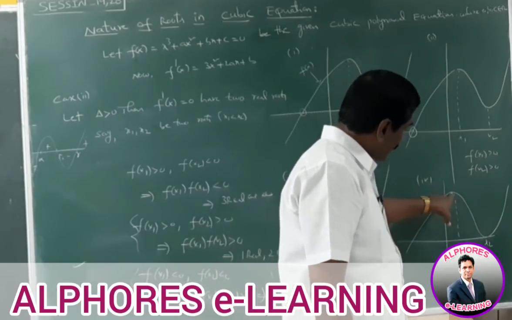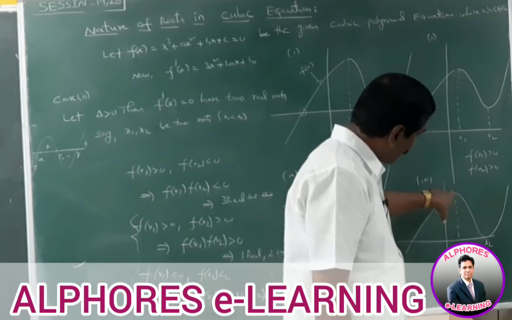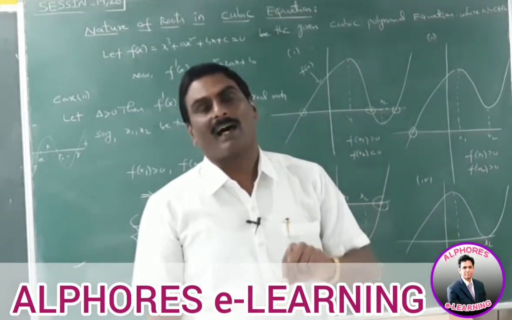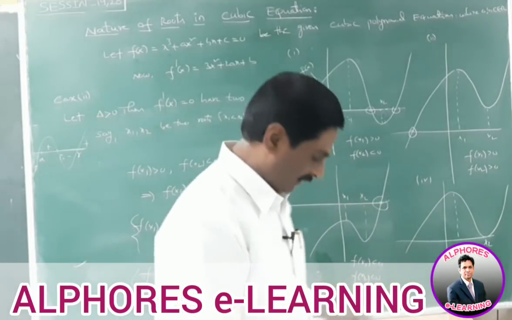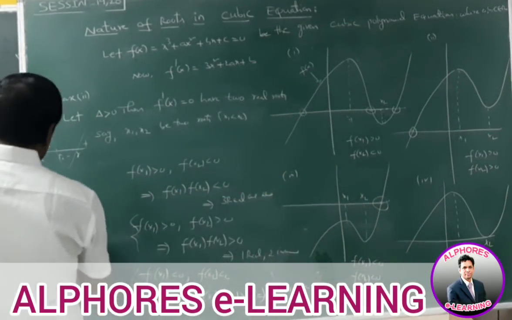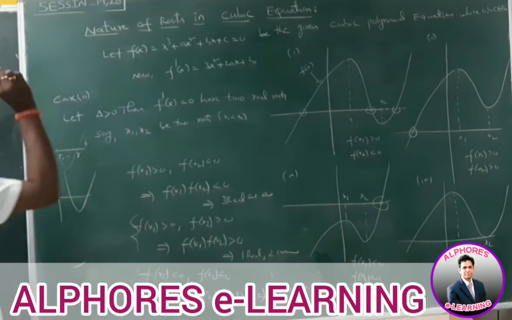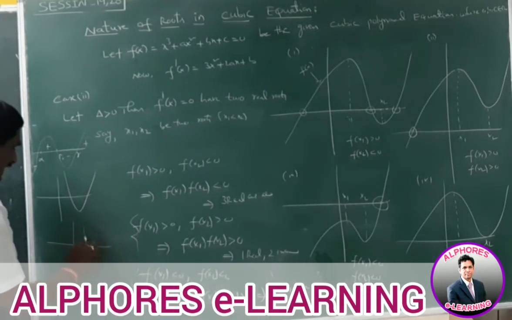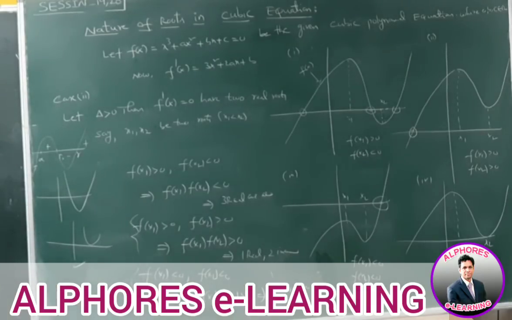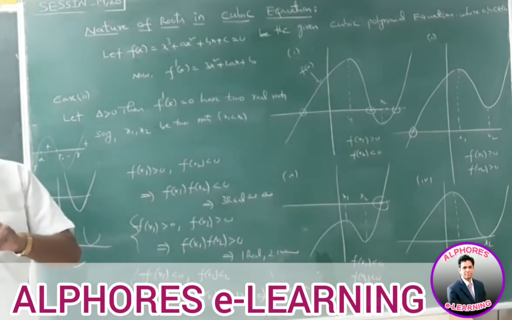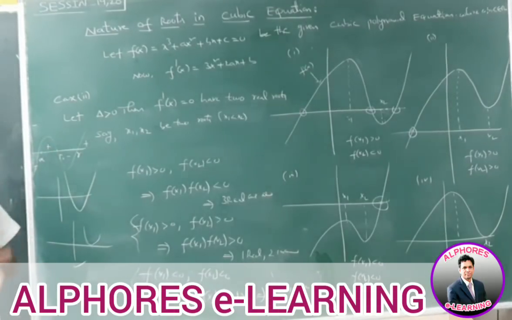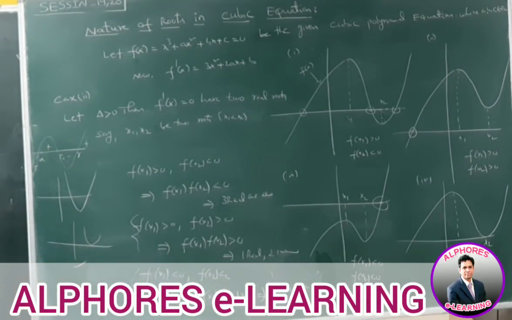At x1 the graph turns, at x1 and x2. But at x2 the graph touches the x-axis. In a quadratic, if the graph cuts at two different points, you get two solutions. If it touches the x-axis at one point, it has two roots. The two roots are equal. If the graph touches the x-axis, then both roots coincide at that point. Okay, it is a very, very important point.